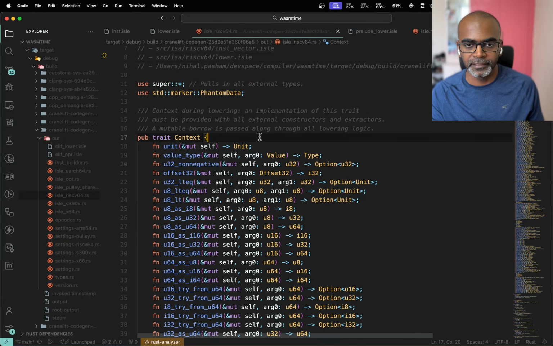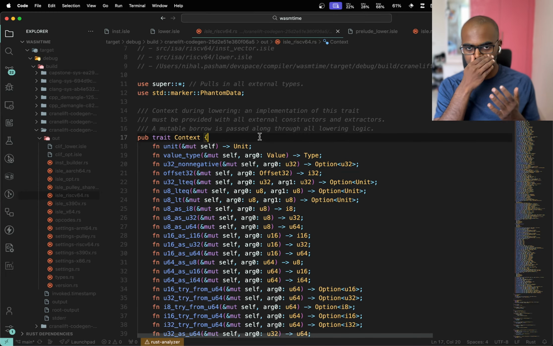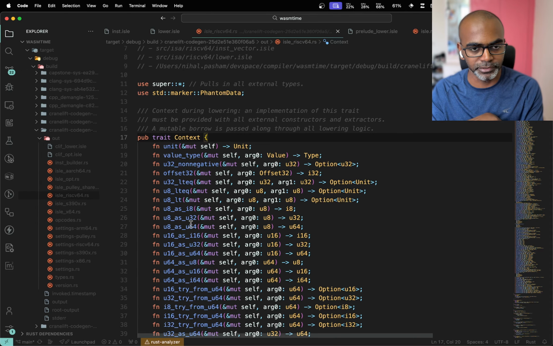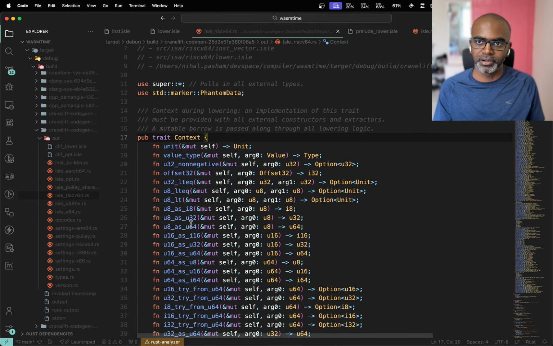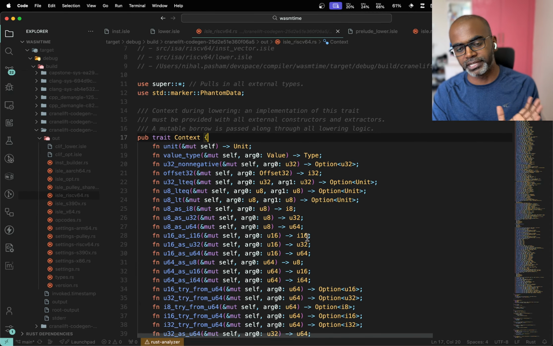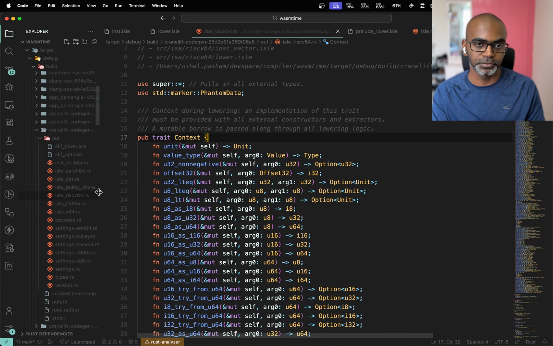And as you can see, the first thing that you'll see is the Context trait. So all of this stuff is not implemented in this module. It's provided by us, that's the programmers, whoever's written the backend. This is stuff that is provided as arbitrary logic outside of what ISLE produces. So for example, if I am